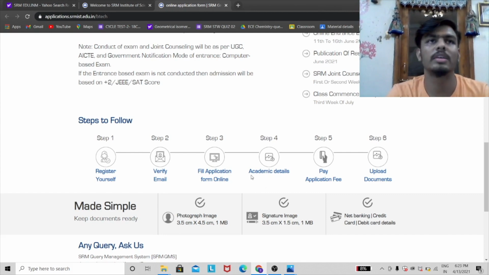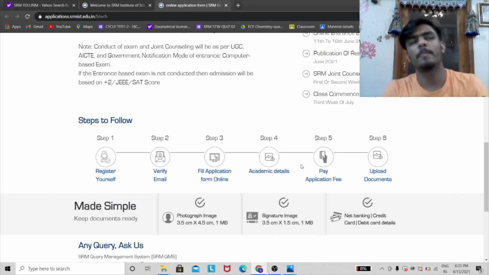Now what will they ask? See, if you are from Tamil Nadu board, they will ask your 11th and 12th grade marks. But if you are from CBSE board, they will ask your 12th grade marks and your 10th grade marks. But the main weightage carrying standard is your 12th standard. So kindly focus on it and try to get good marks in it.